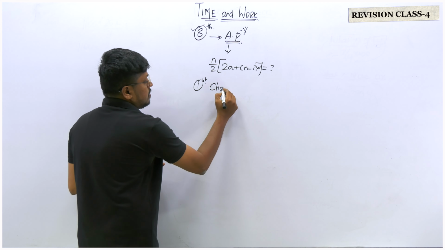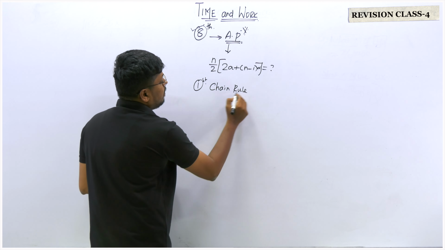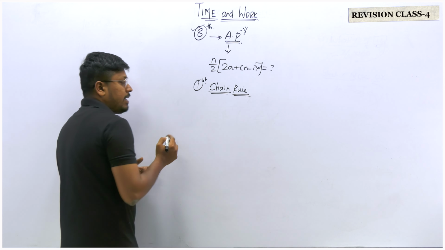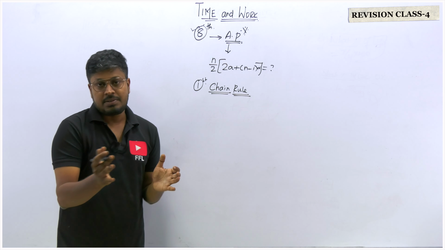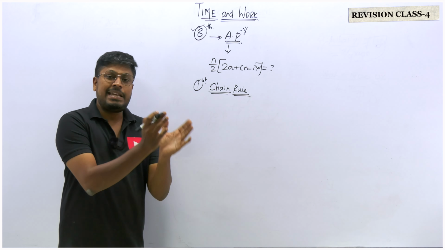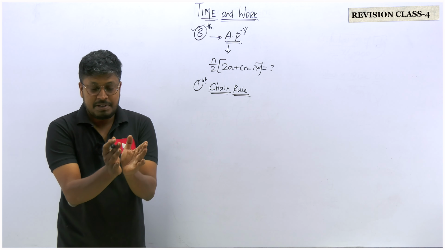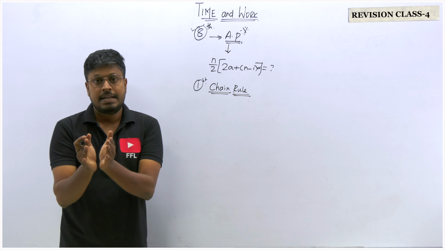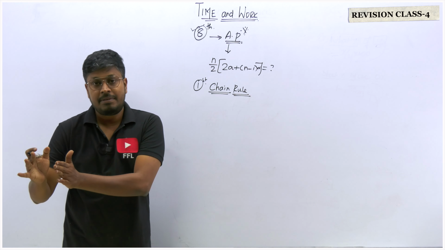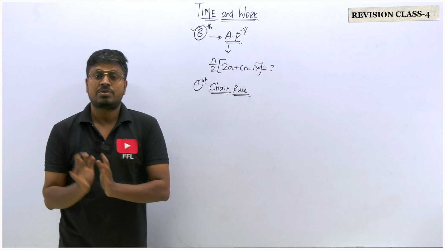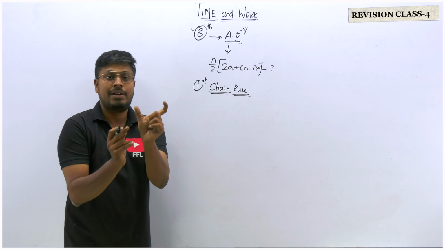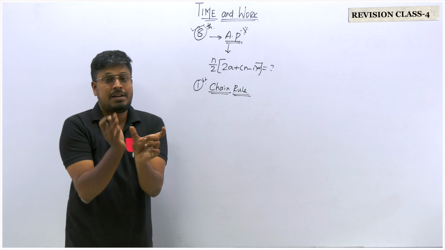Chain rule. So when you take a chain rule, a common question like 2 datas will be given. So 2 separate datas will be given. In the first data, 20 people were working in this much of hours and this much of days. So same work where 40 people were working, so how many days it takes to complete a work. So similarly the work will be same, or else the work will be different, but the logic